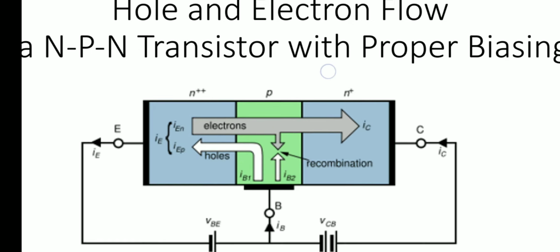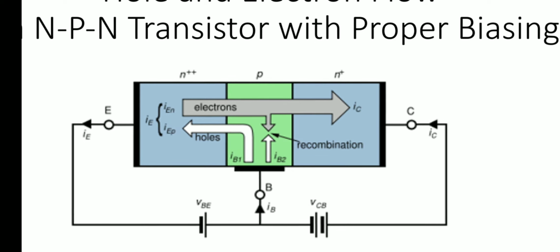This is the figure for an NPN transistor. At the emitter the electrons are the majority carriers, so these electrons move towards the collector, but in between, the base is made of p-type material, so the majority carriers are holes. A few electrons will recombine with the holes, and that recombination is shown there. The remaining current reaches the collector, so IC is nearly equal to IE. IE consists of two parts, because due to the forward biased emitter base junction, a few holes will move towards the emitter side, and that will contribute IEP.